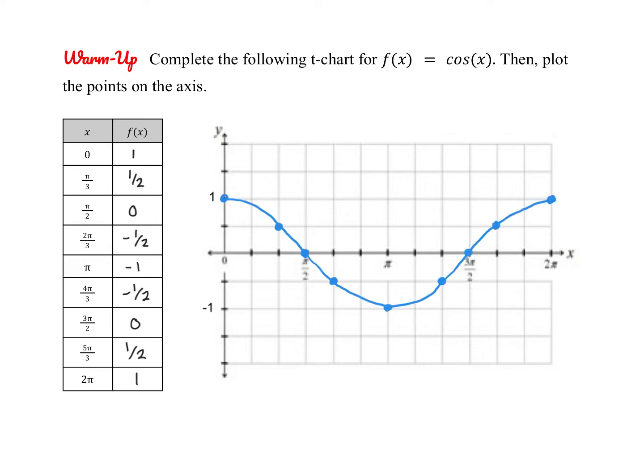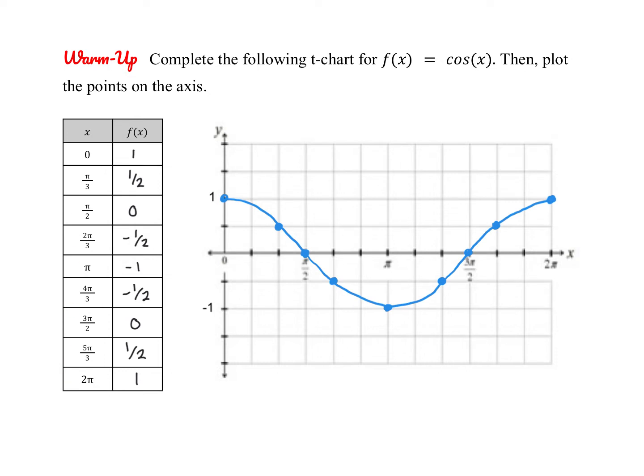Okay, so go ahead and check your answers here. So first I want to point out the values that I picked in the t-chart, the x values. I picked them strategically to give us quote-unquote nice values. So notice I picked like pi over 3 instead of pi over 6, so we were working with 1/2 instead of root 3 over 2. But again, it's up to you how you would graph something like this, but I'd say pick your